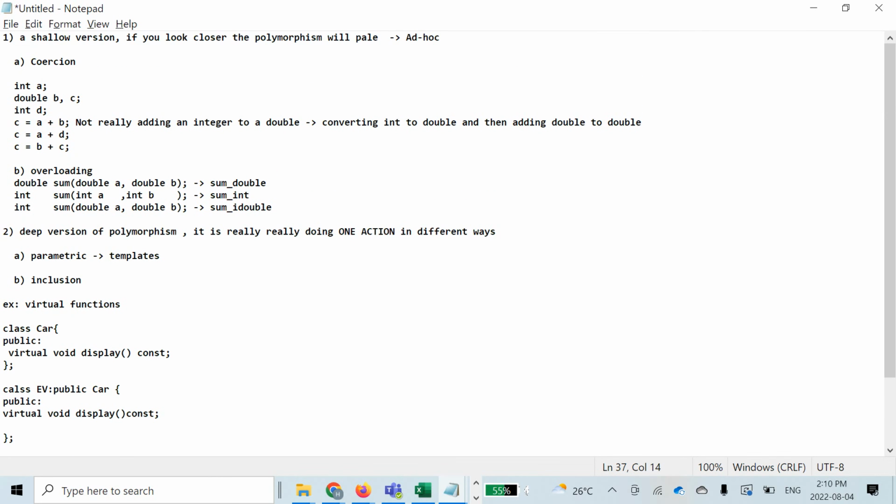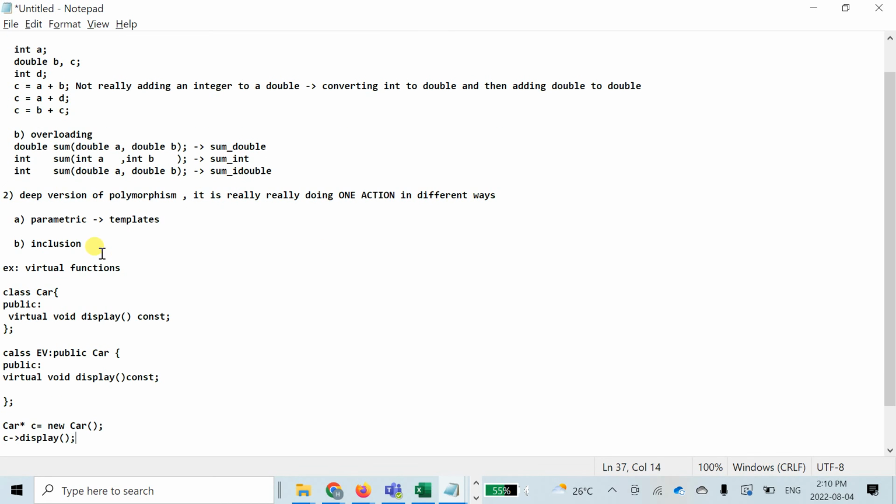So two categories, a shallow one and a deep one. In the shallow one we have coercion and overloading, and in the deep one we have inclusion and parametric. So these templates are very powerful. We have templates